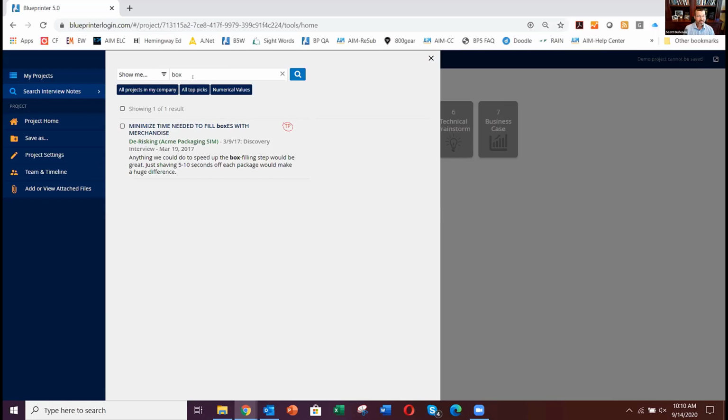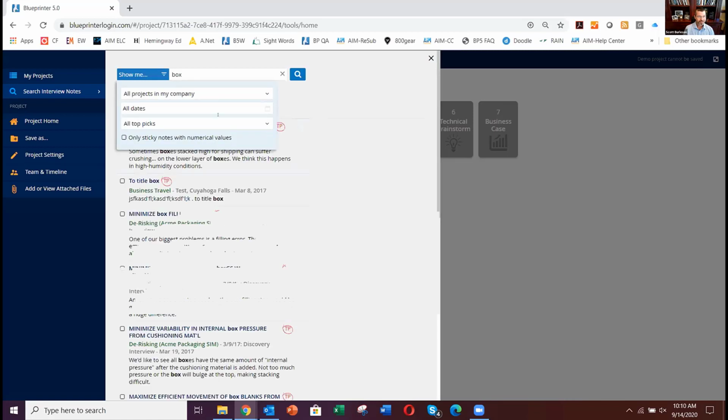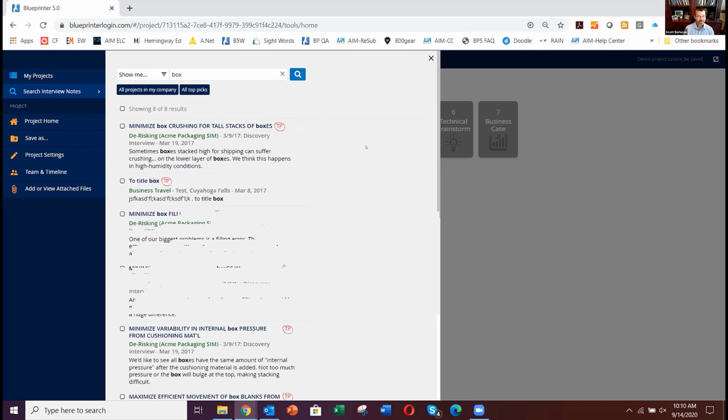Now, after you put in the search, notice it lets you know what filters you have here. So if you wanted to change something, maybe numerical values only has a single note, so maybe I'll take that back out. But I still like the idea of only having top picks, and again, searching all projects. So now once you've